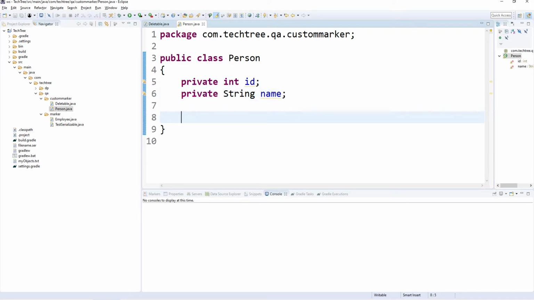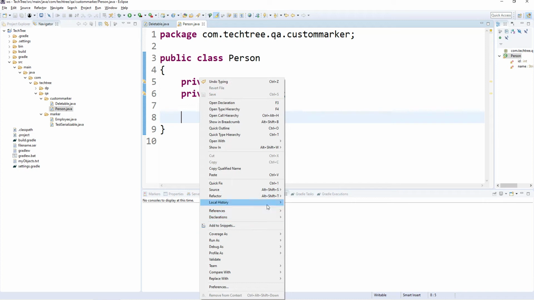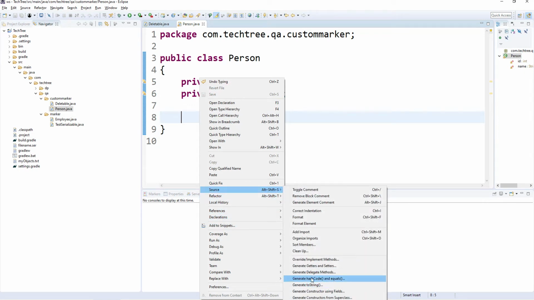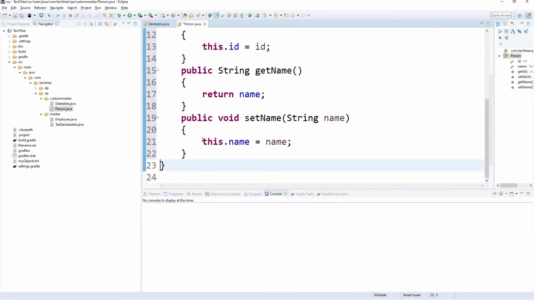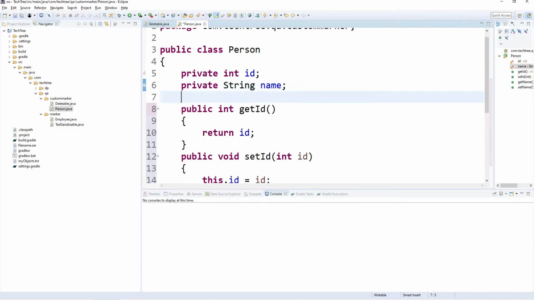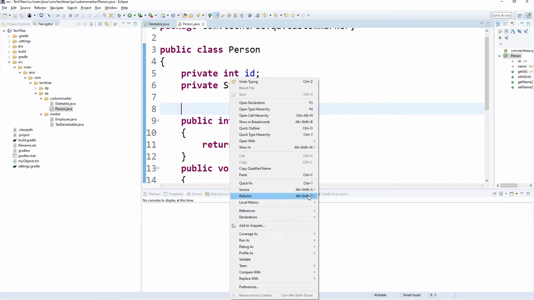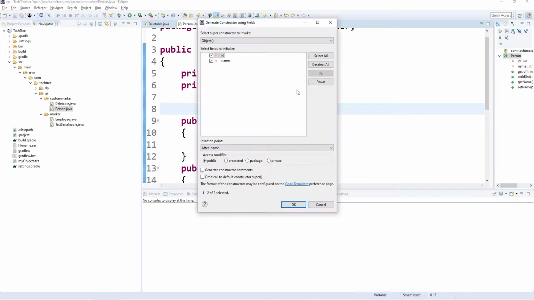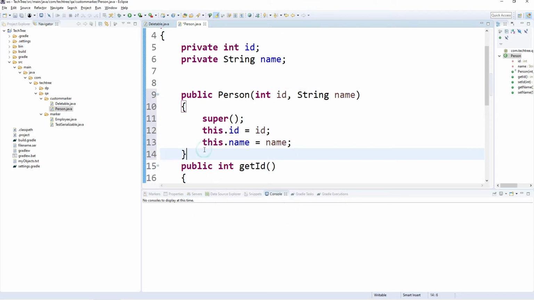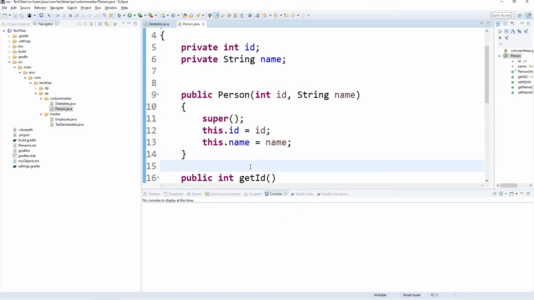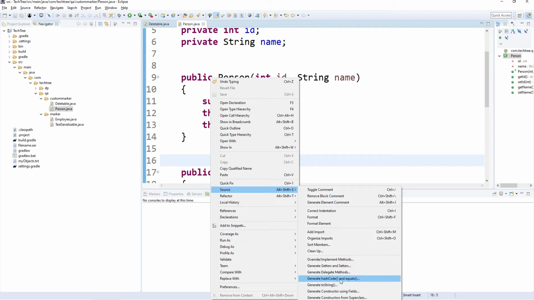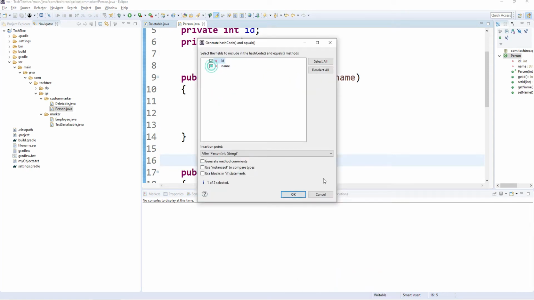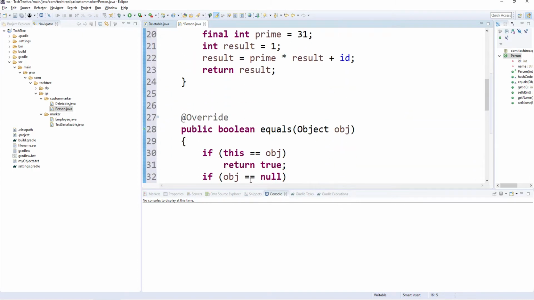Let's generate the setters and getters, then the constructor, and then equals and hashCode.